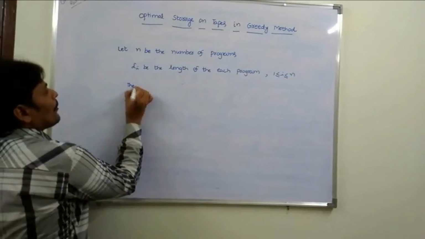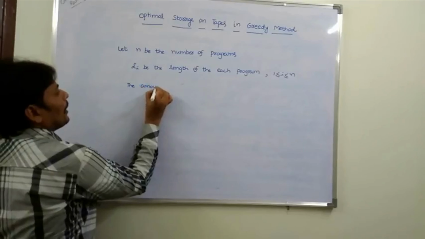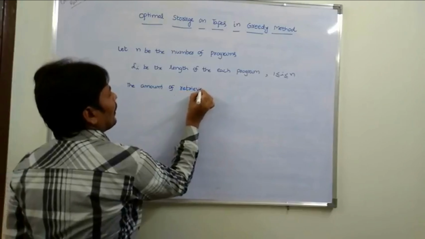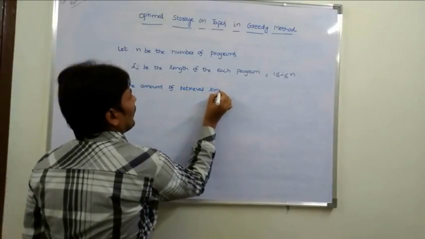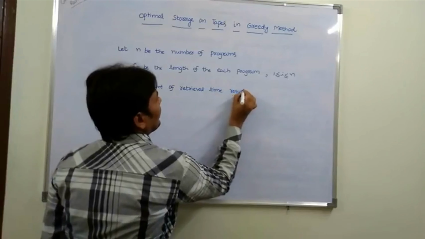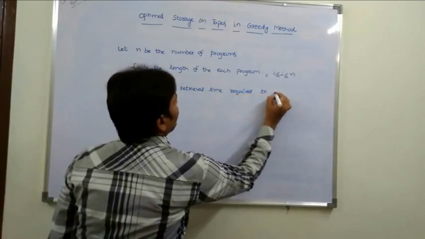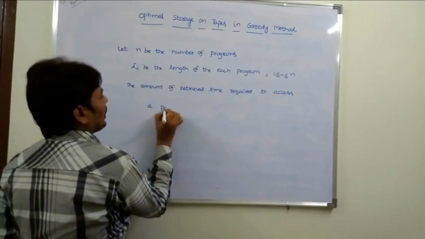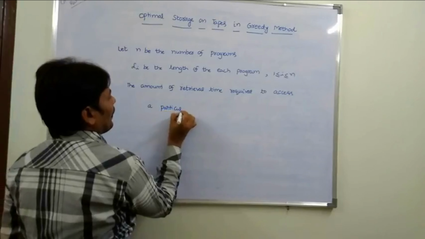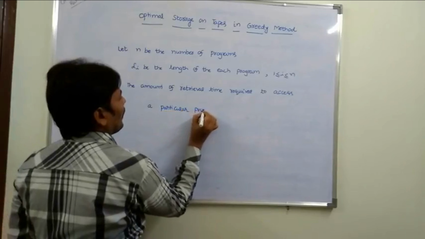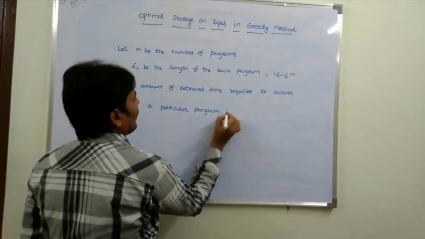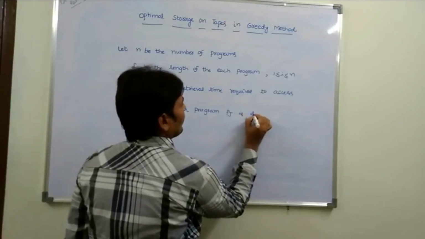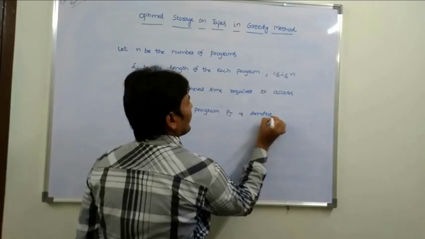So the amount of retrieval time required to access a particular program Pj is denoted by